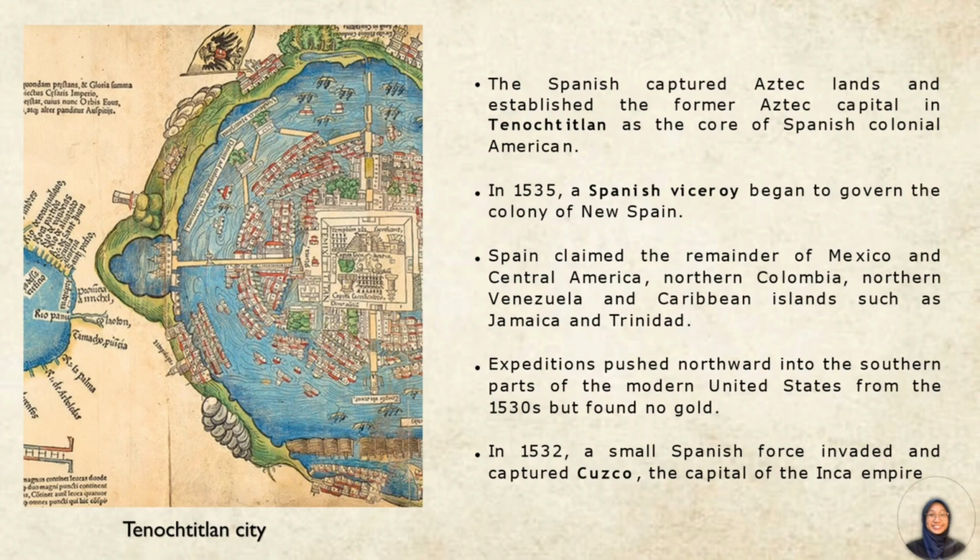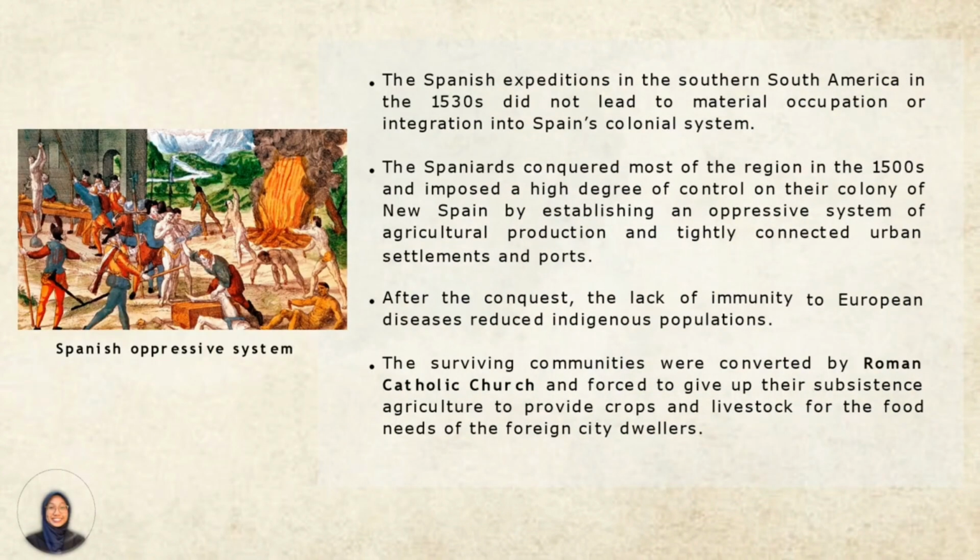In 1535, a Spanish viceroy began to govern the colony of New Spain. Spain claimed the remainder of Mexico and Central America, northern Colombia, northern Venezuela, and Caribbean islands such as Jamaica and Trinidad. Expeditions pushed northward into the southern parts of the modern United States from the 1530s but found no gold. In 1532, a small Spanish force invaded and captured Cusco, the capital of the Inca Empire. The Spanish expedition in southern South America in the 1530s did not lead to a material occupation or integration into